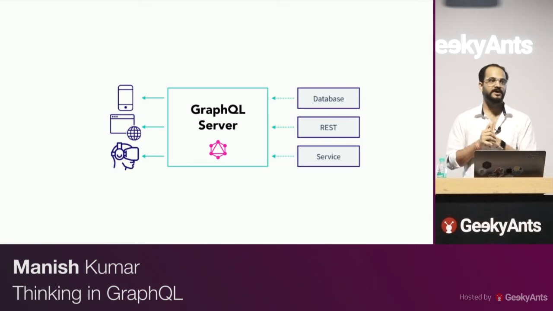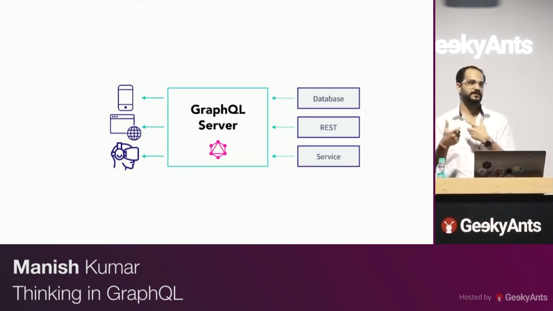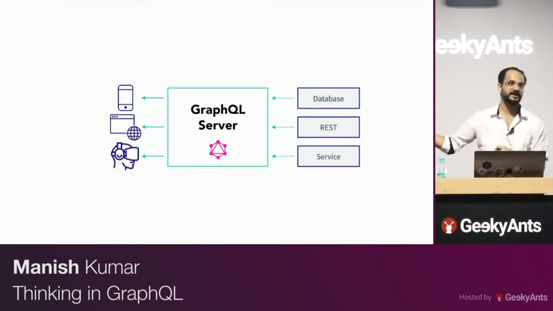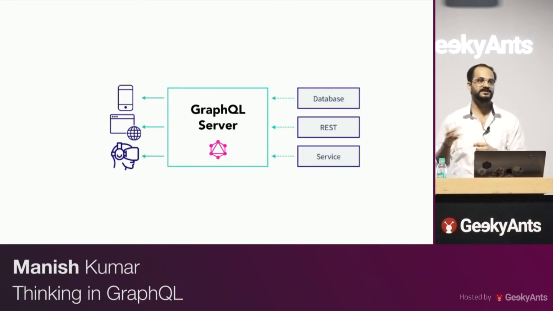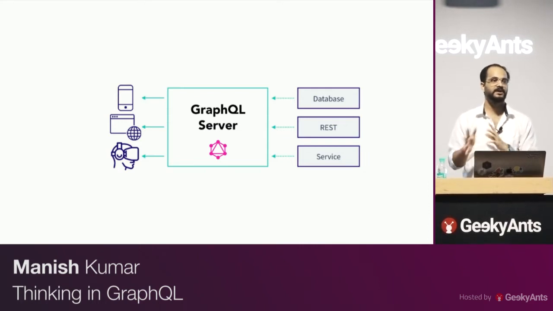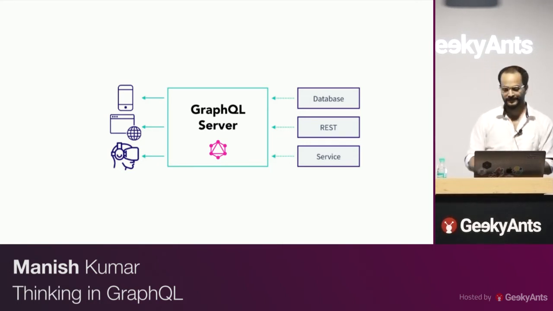So the question that you had around if I'm just asking for user name, is it really going to my DB and getting the whole user object and just returning me the name, right? It's not like that. You can still have the control, and you can just make sure that the DB call that is happening is just querying for name, select name from user table, right? I mean, in MySQL terms.